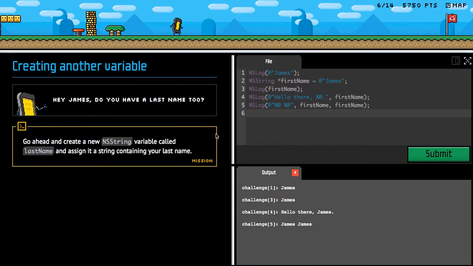So, hey James, do you have a last name too? Go ahead and create a new NSString variable called lastName and assign it a string containing your last name. So we want to do NSString *lastName = @"unknown";